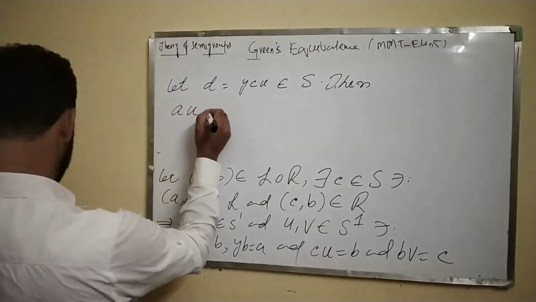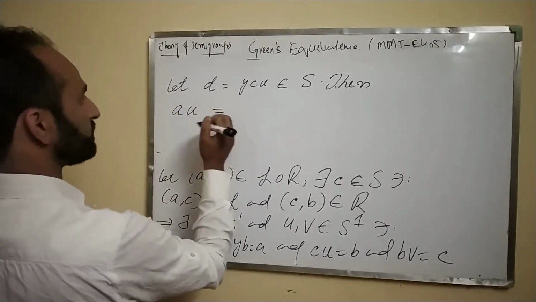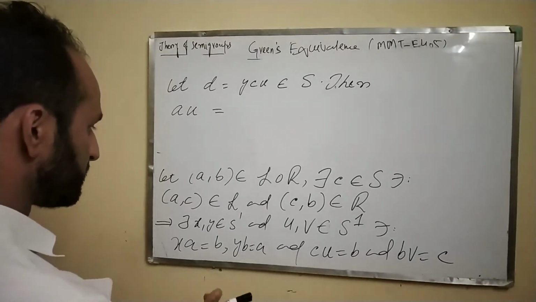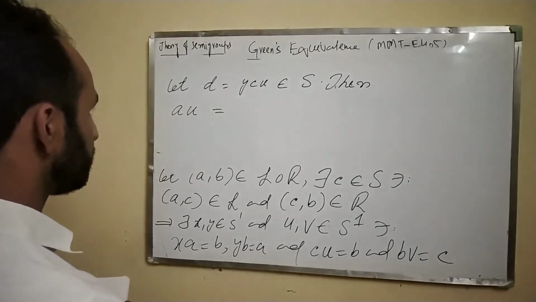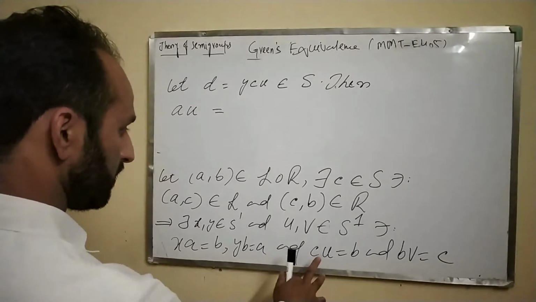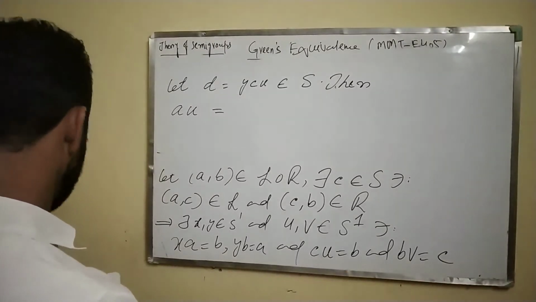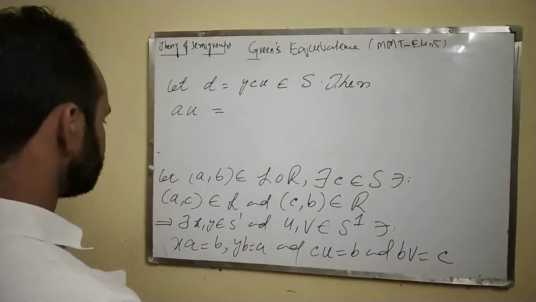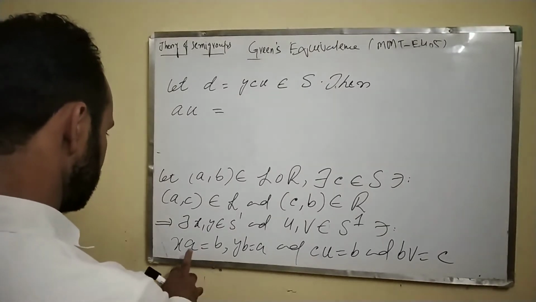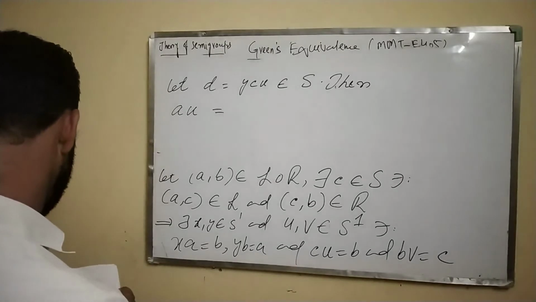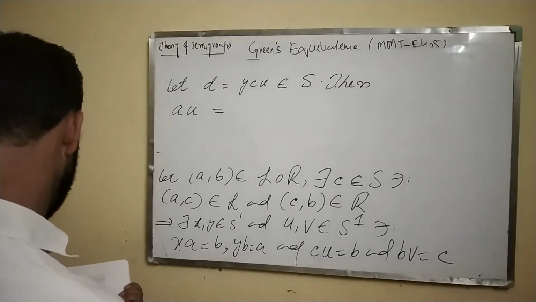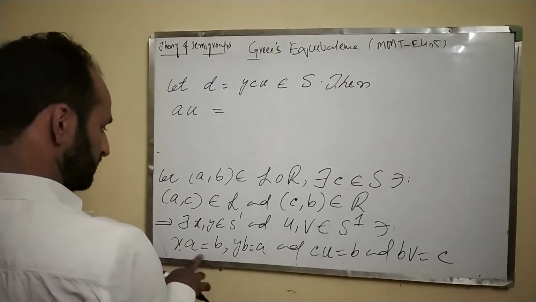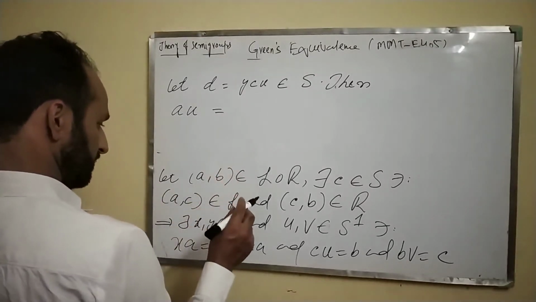AU is equal to YCU. What's A? A is equal to YB, or